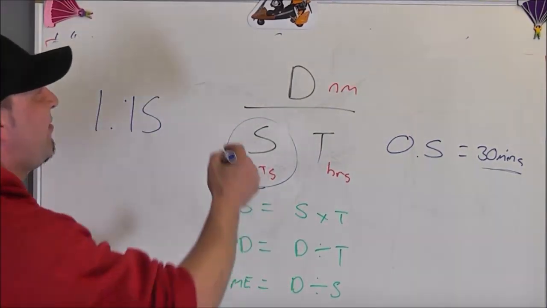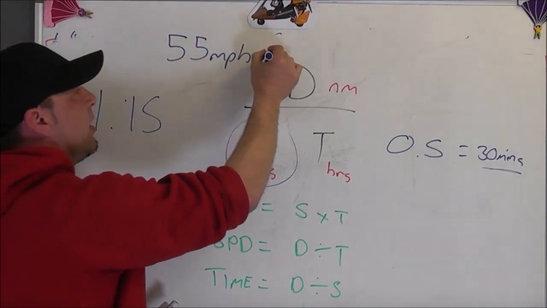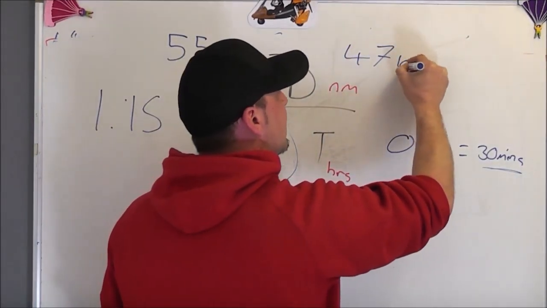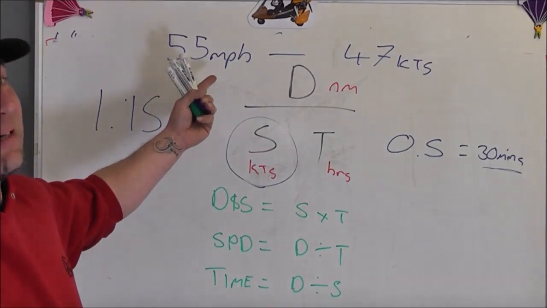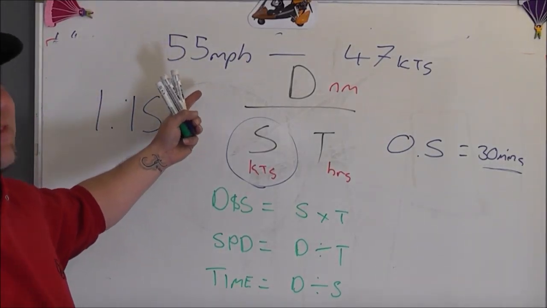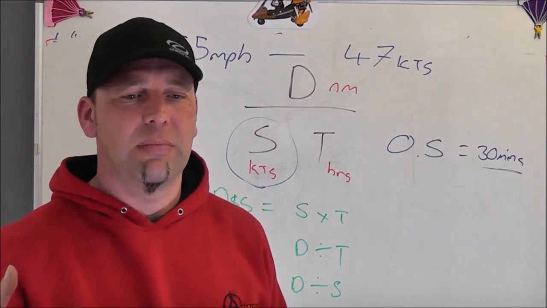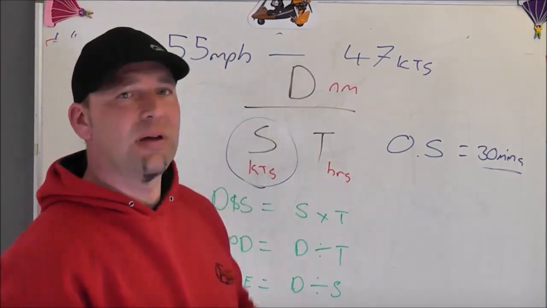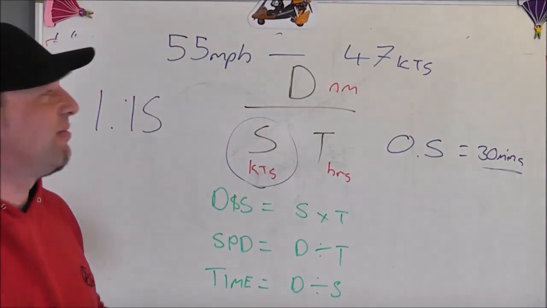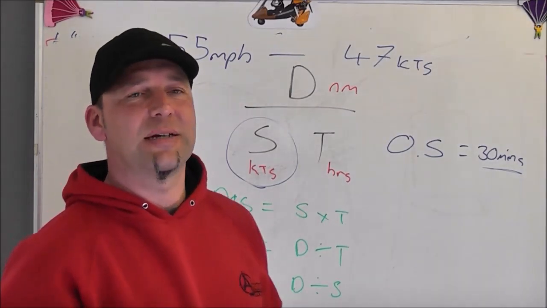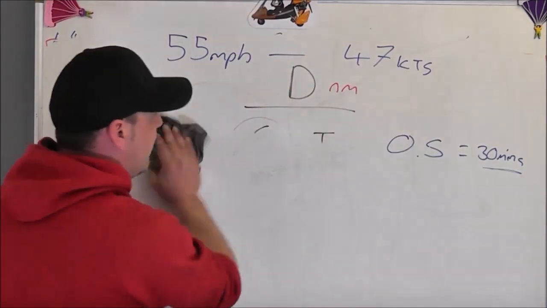I used to remember this, that my flex wing used to fly at 55 miles per hour, but my max speed was 47 knots. So whenever I was flying, obviously I was looking at the airspeed indicator, and I was flying a blade at the time, so we pretty much did everything at 55. But when I was working out my navigation, my flight planning, I did everything at 47 knots. So the easy one for me was Mark's plane flies at 55 and his map speed is 47. And the reason for this is very, very simple, in that